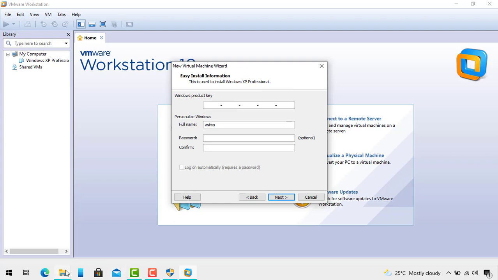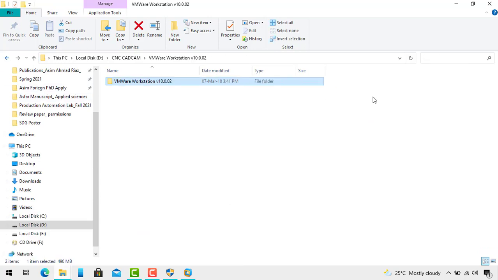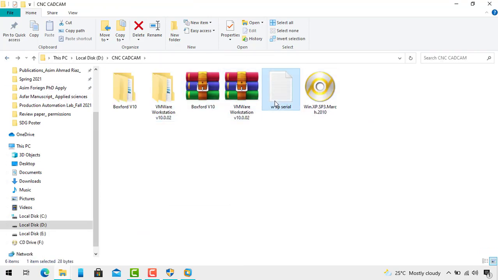You have to provide the CD key. Open this file.